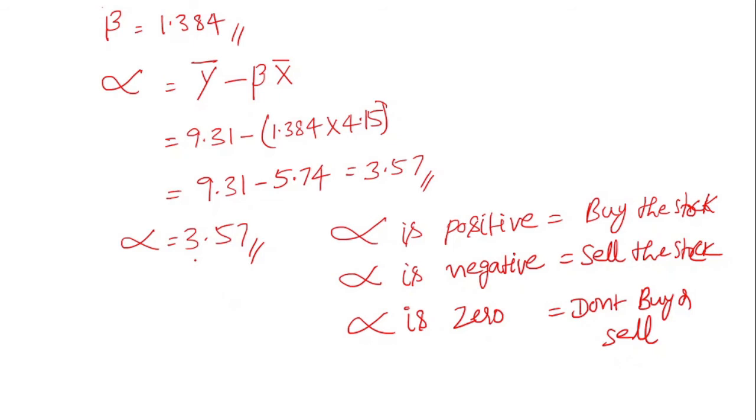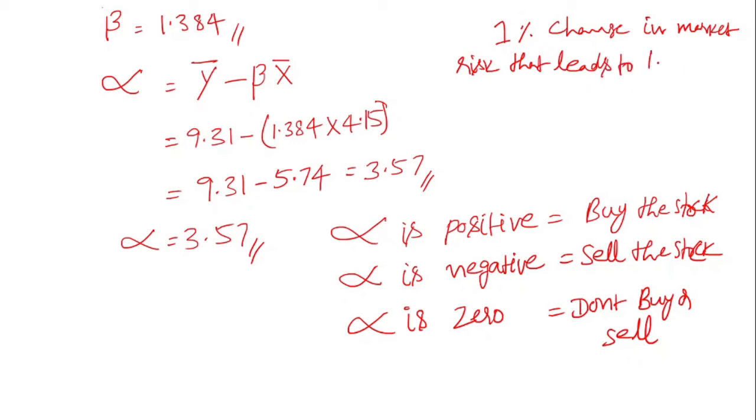This is the interpretation for the alpha. So in this case, the alpha is positive. So in this particular company share, even if the risk involved is more than the market risk, as I already told you, a 1% change in the market risk leads to a 1.384% change in the ITC stock. So